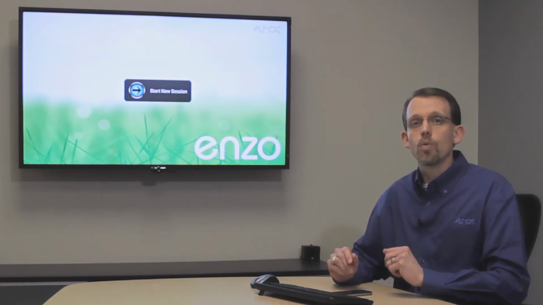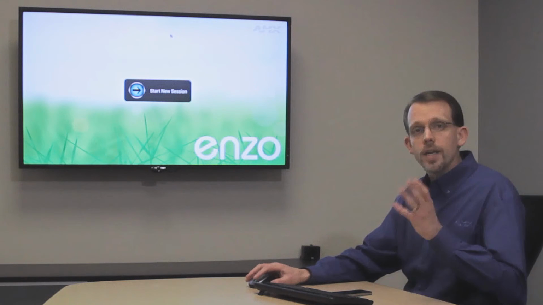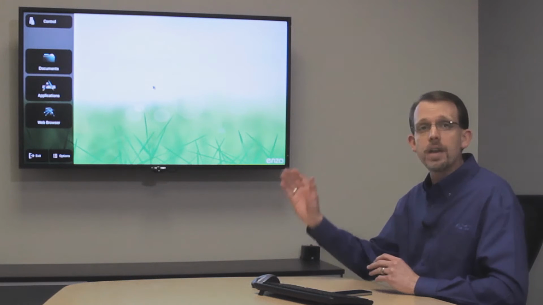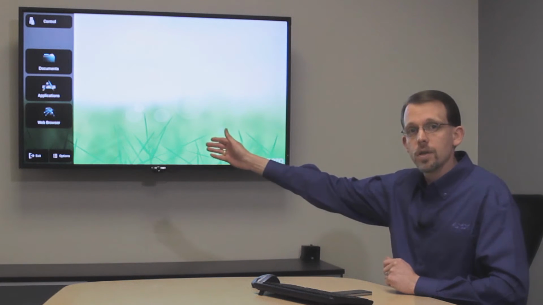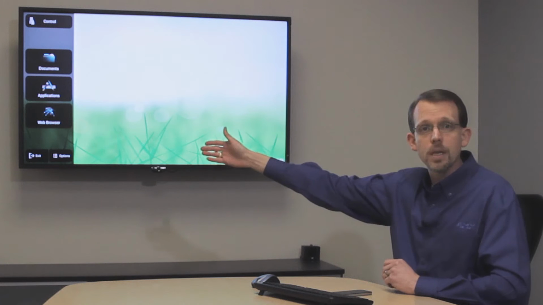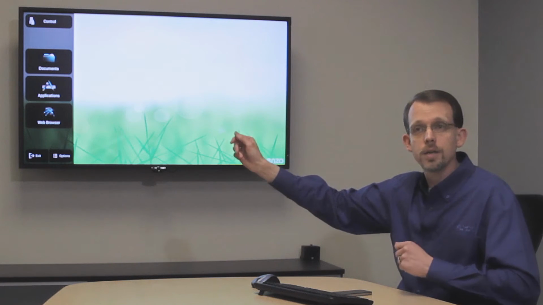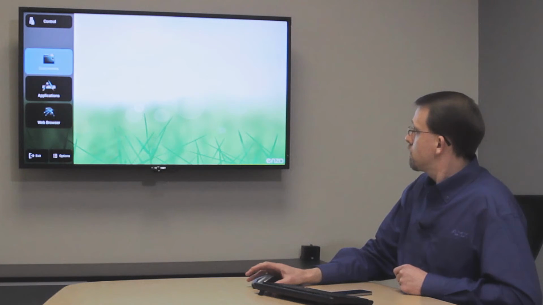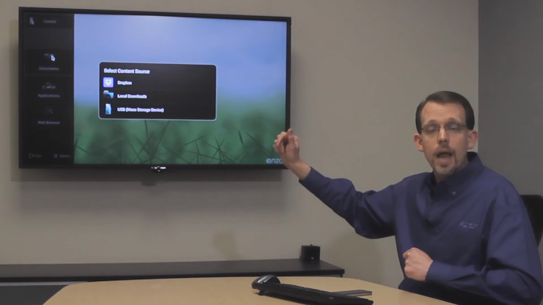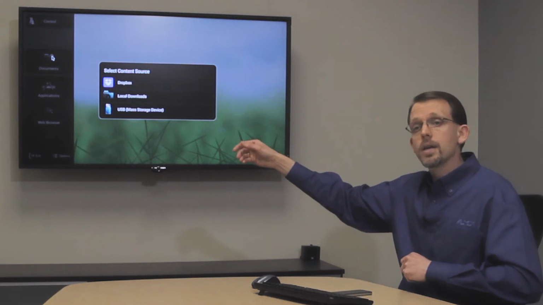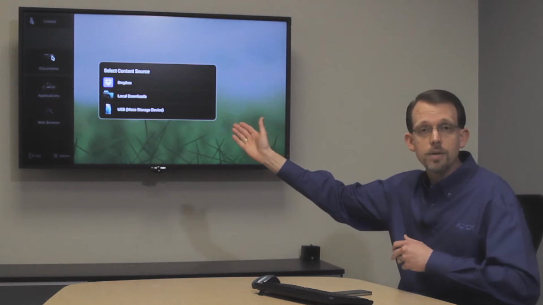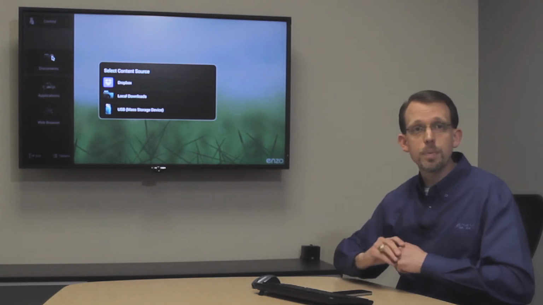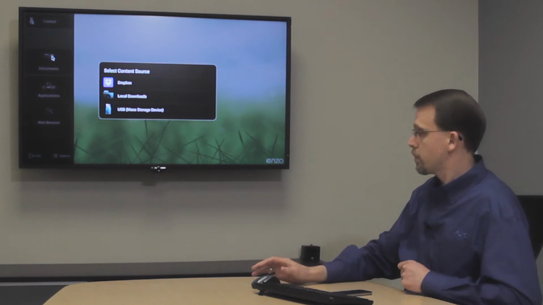So today I'm going to give you a really quick overview. When you walk into the room, you basically just start a new session, and we have an activity-centric user interface. There's a handful of things that you want to do in a meeting, such as presenting documents or sharing content from the web. In terms of sharing documents, you can select documents. You can access your documents from Dropbox. You can access your documents from a website, so it could be a document sharing service that has a web user interface, or you can bring a USB stick into the room and plug it into Enzo.